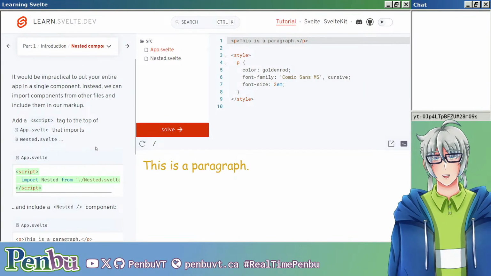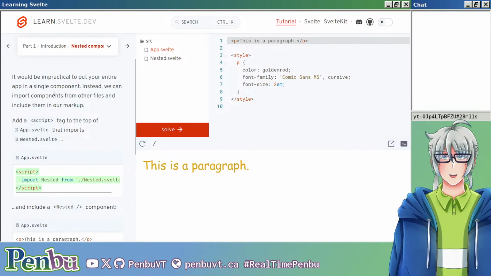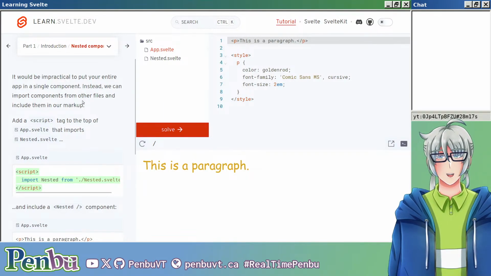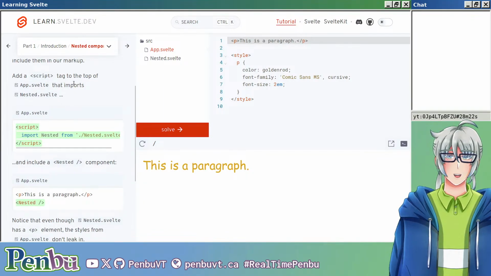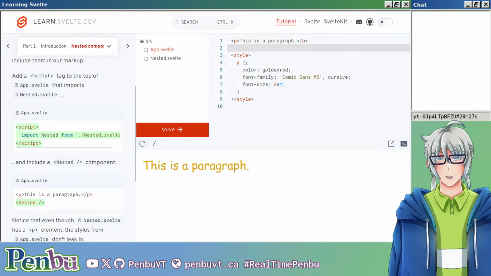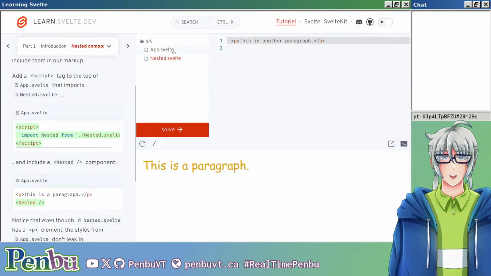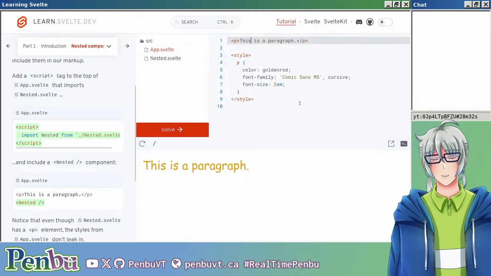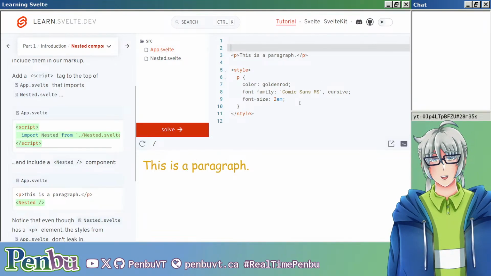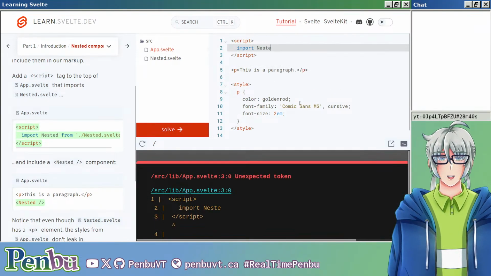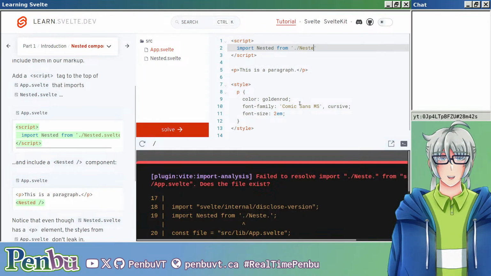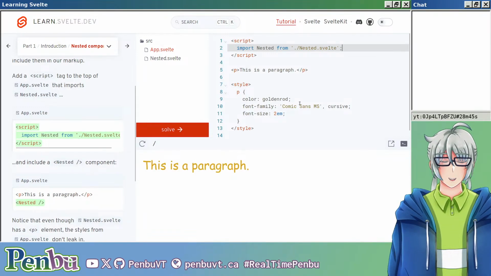We'll go on to the next one, nested components. It would be impractical to put your entire app in a single component. Instead, we can import components from other files and include them in our markup. Add a script tag to the top of app.svelte that imports nested.svelte. And so we will do that. And we see here we have nested.svelte with another paragraph. And so add a script tag where we import nested from nested.svelte, such as that,